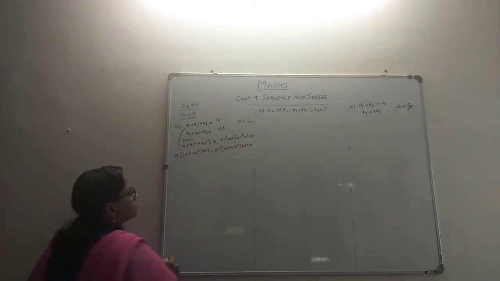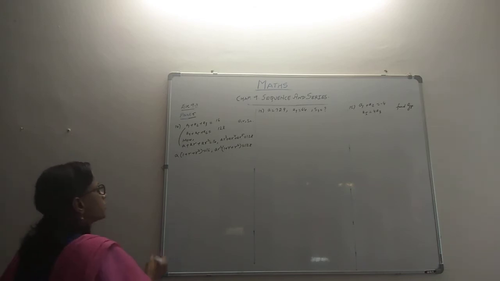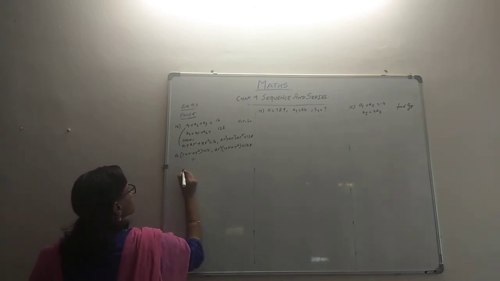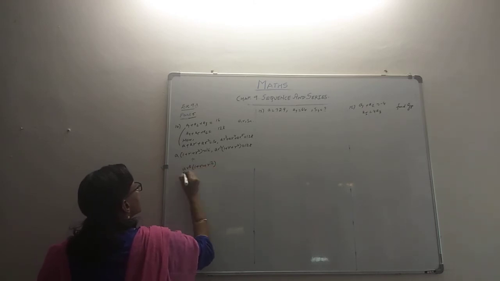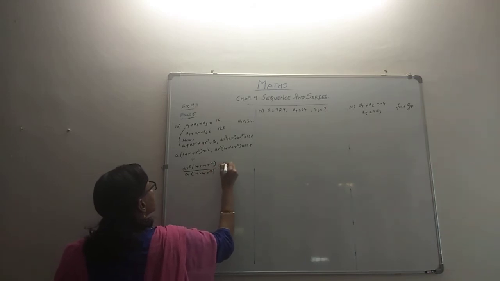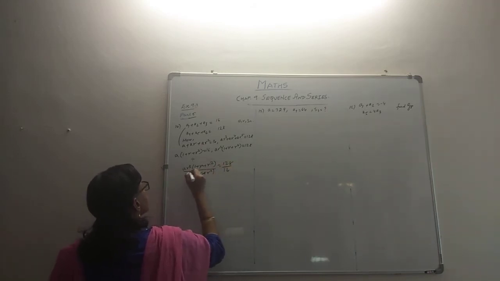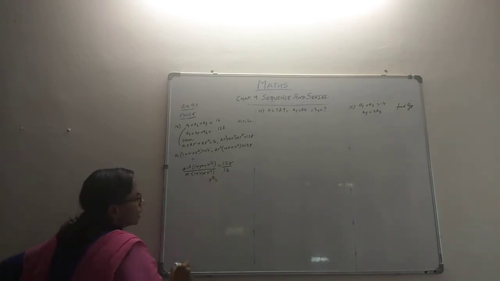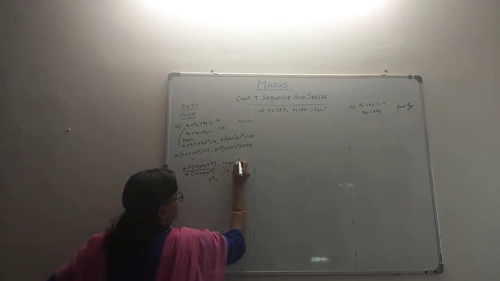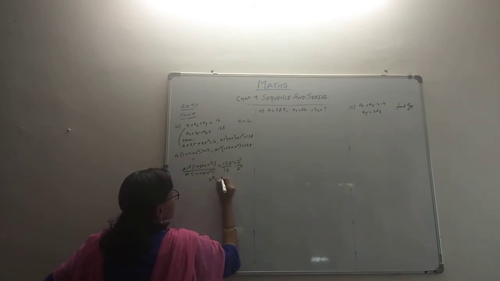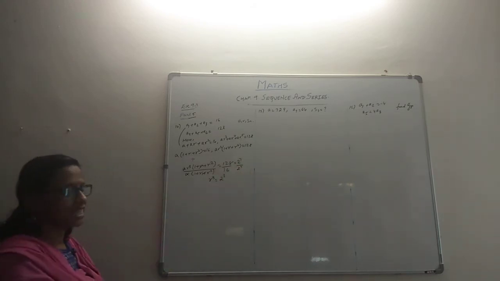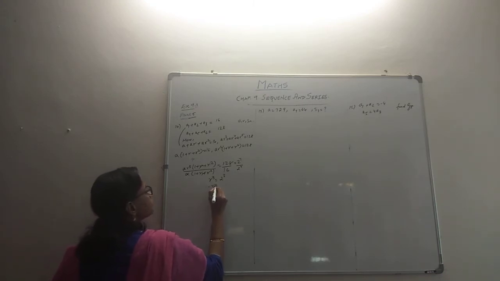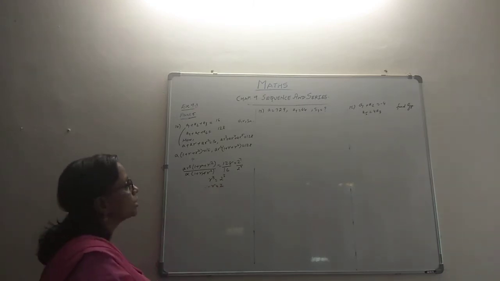You could have them divided if you want. Okay, divide them. So dividing, you have ar cube into 1 plus r plus r squared by a times 1 plus r plus r squared, 128 by 16, cut. So you have r cube, and let's see what happens here. 128 in power of 2 is 2 raised to 7, and 16 is 2 raised to 4, like that this comes to 2 raised to 3. So that makes r easy for us to find out. r is 2. One thing we have found out.